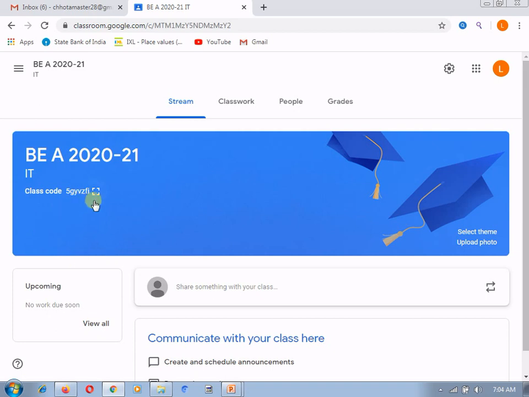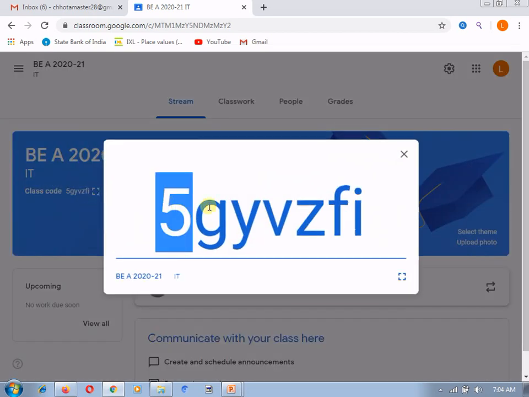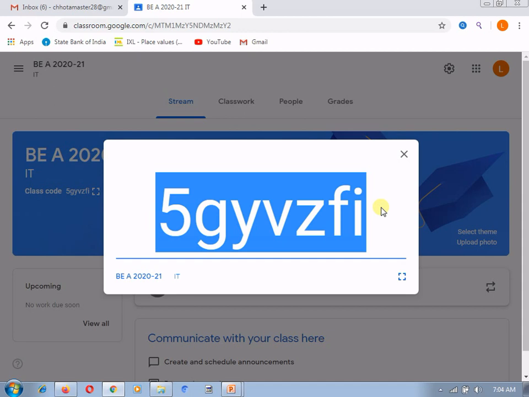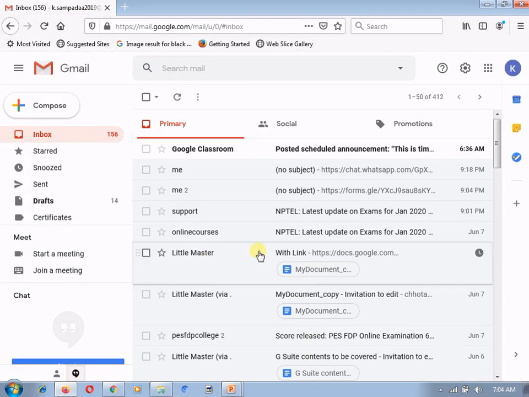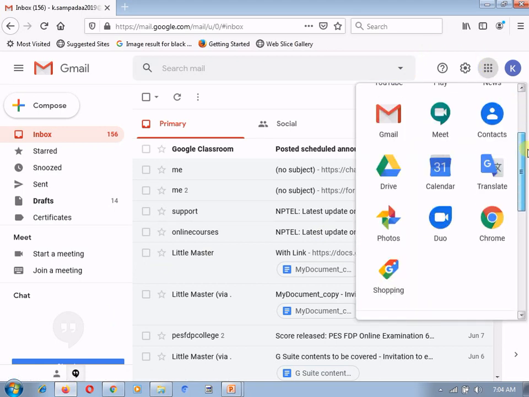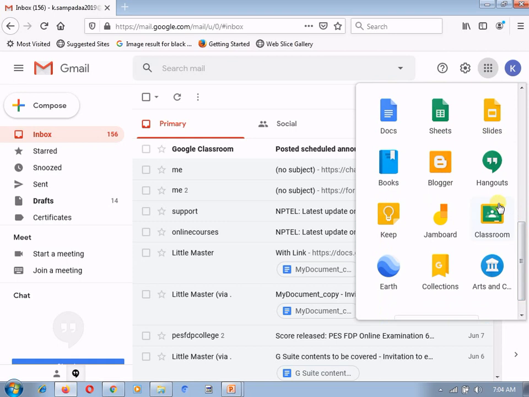Now this is the class code, I am copying it. You can share it with your students, but currently I am playing the student's role as well from my different ID. So I am moving to my other ID, and here in the Google apps I am going to switch to Google Classroom.